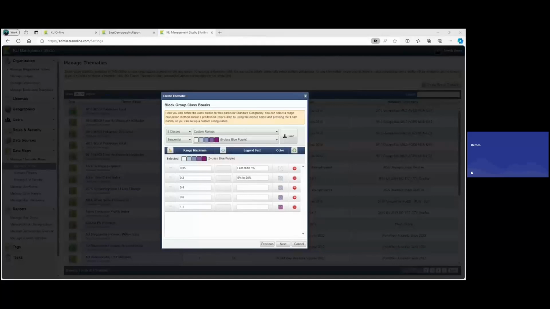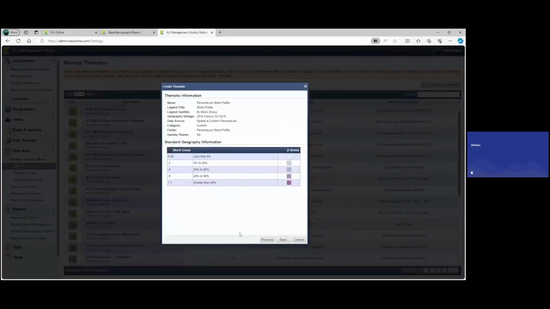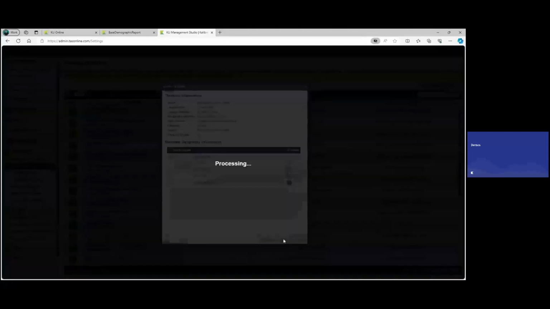Setting this up, and this is again based on preference. I like to use the word "to." Some people like to use a dash, so that's why it's available for anyone to type this in as they want, based on what you'd like to enter. All right, I'm going to hit next, and this is just a quick view to make sure that everything is set up as I'd like. I'm going to hit save.